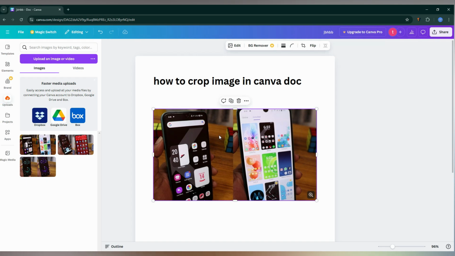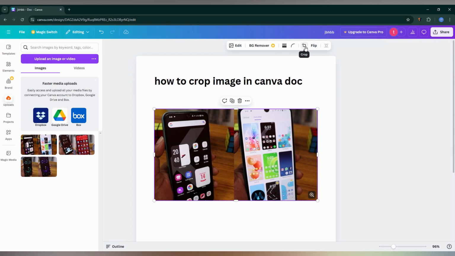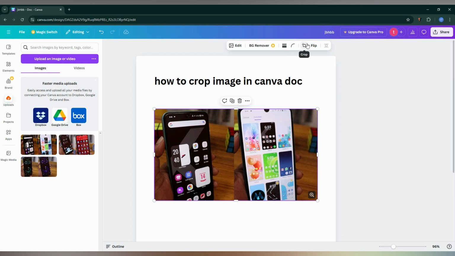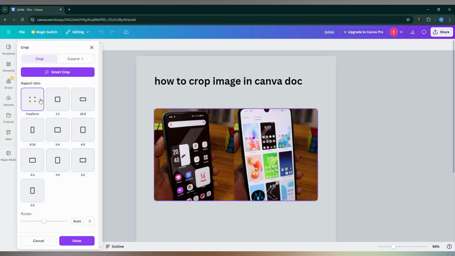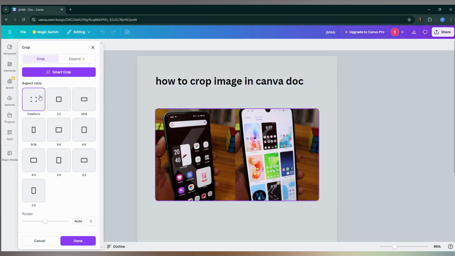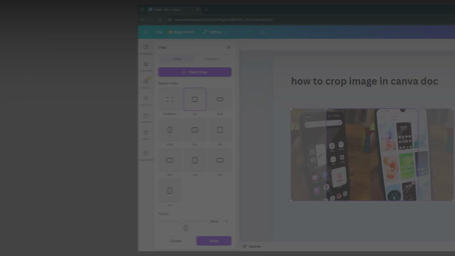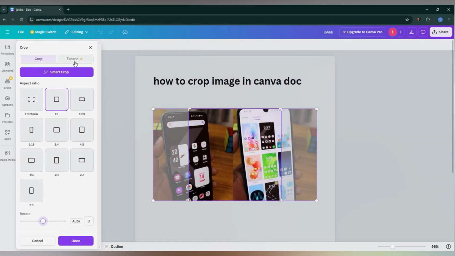So just click on the image first and then click on the crop option on the top, and you can also right click to edit design. Click on the crop option on the top. Now here on the side you can use an aspect ratio like 1:9 like that. You can also have the option to rotate, and also a smart crop option here, a